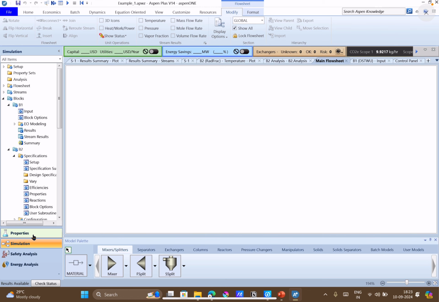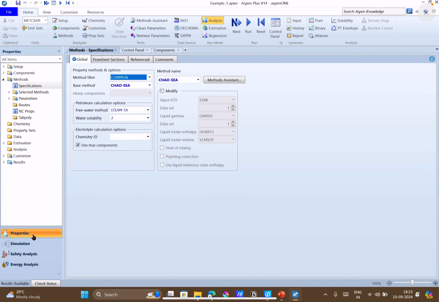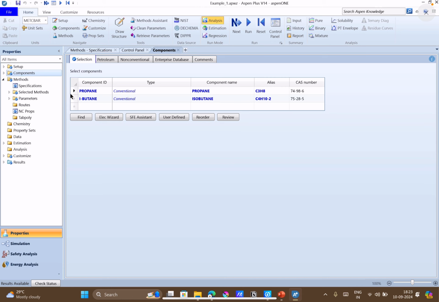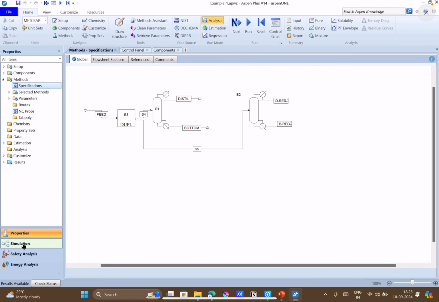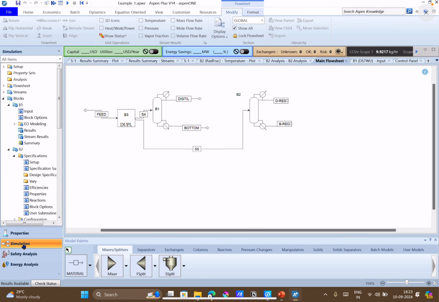It's working correctly now. So I was saying that we have added the components propane and isobutane. Select the method, run the property analysis, and then go to the simulation tab. Here, as you can see, I have already done both the calculations. We can just quickly look into that, and depending upon time, if we have time, we can revisit this problem again. So we have feed,